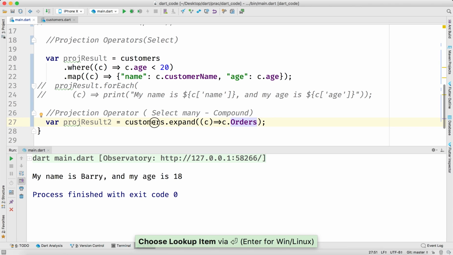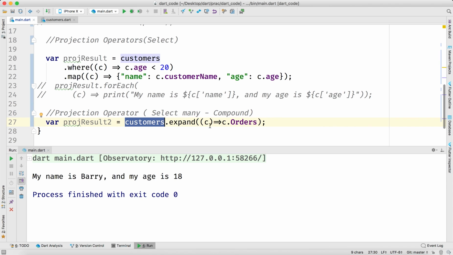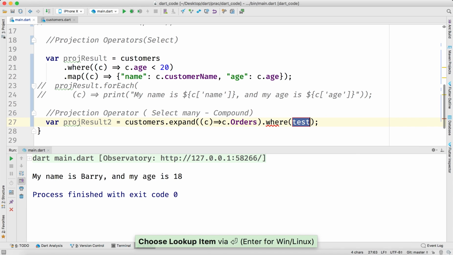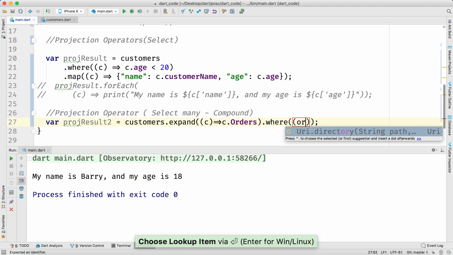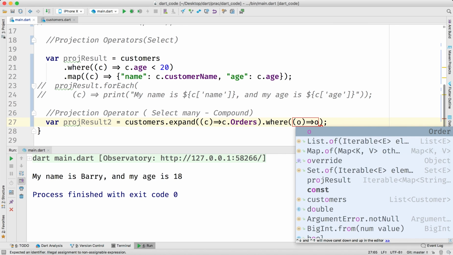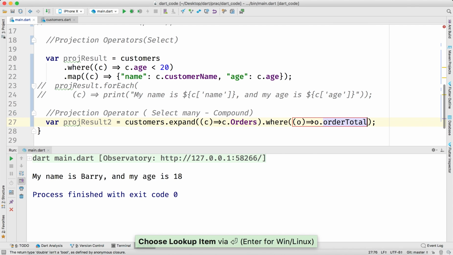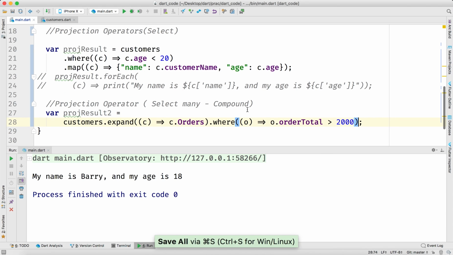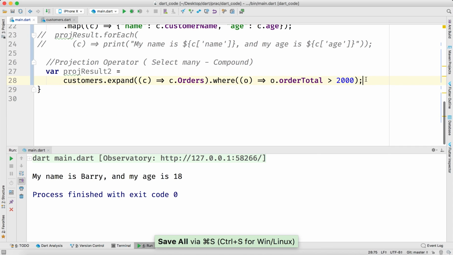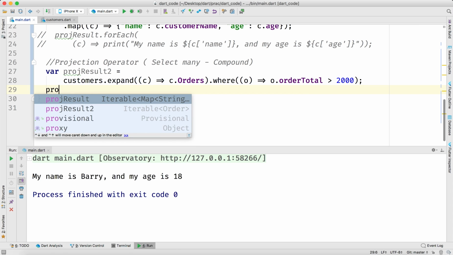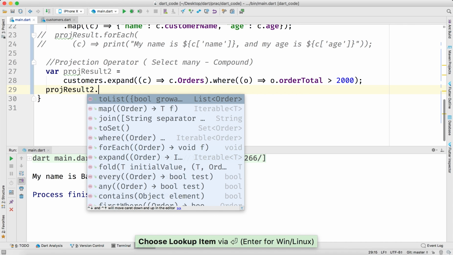So what we are saying is, we are asking for the customers. For each customer we are asking for their orders. That means now we have their order. Now for this particular customer C, we have his order, and we are saying, hey, I have your order, and from this I just want those orders whose order total, which means the money, is greater than 2000. That's it. And now I will use this projection result 2, and I just want to